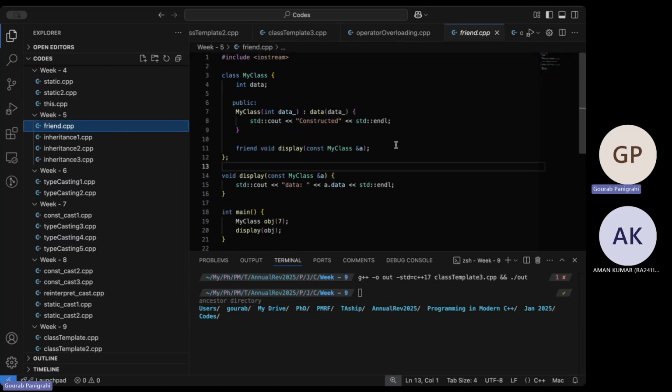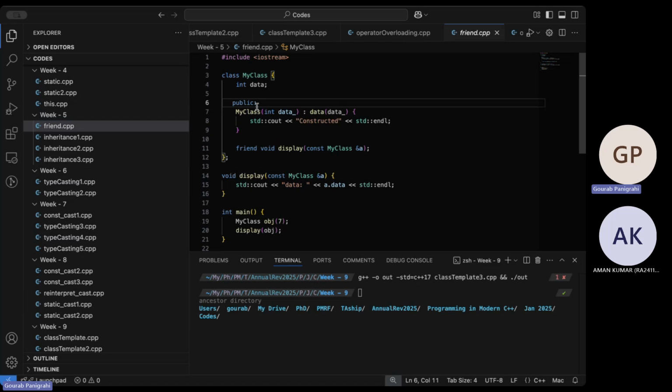Usually what happens is, if you have a class and we have instantiated some object for it, there are three types of data access. We have private, public, and here it says friend, but there's protected also.